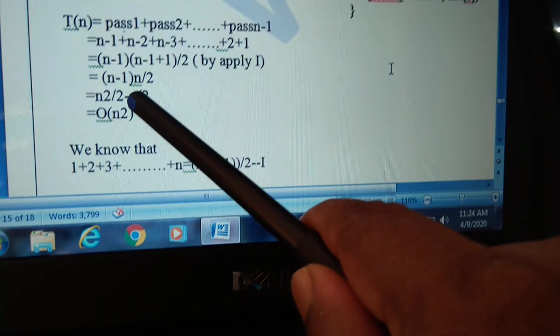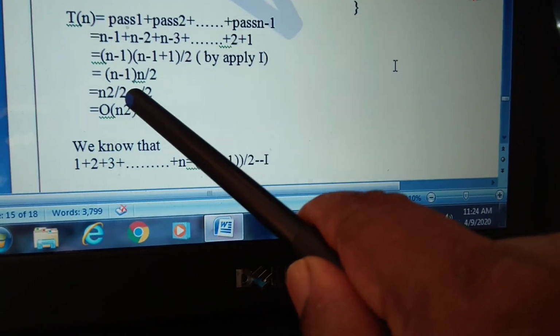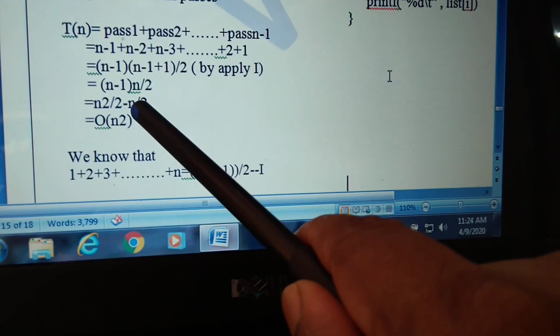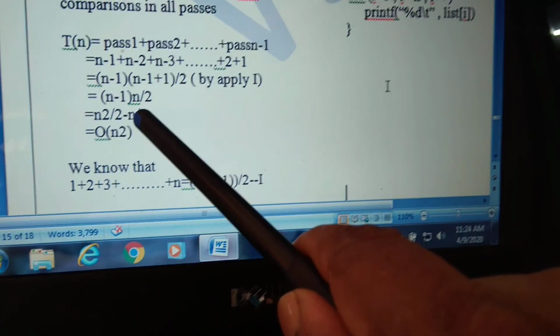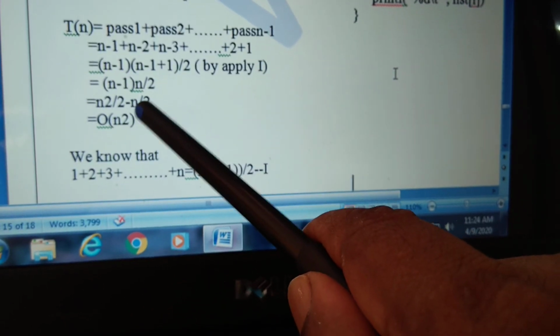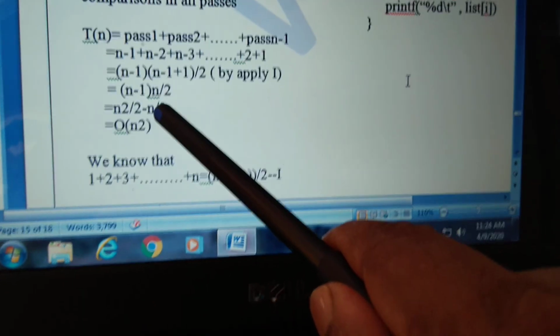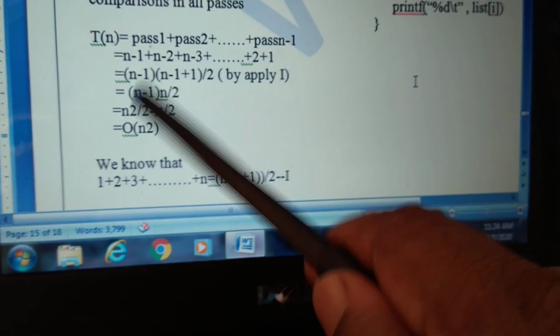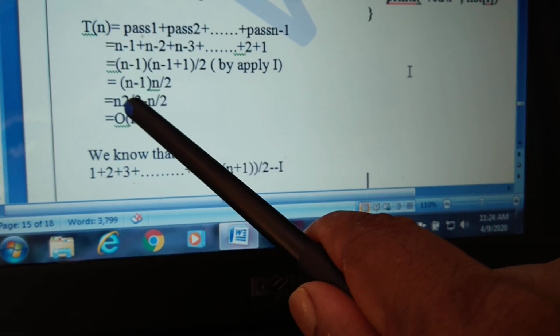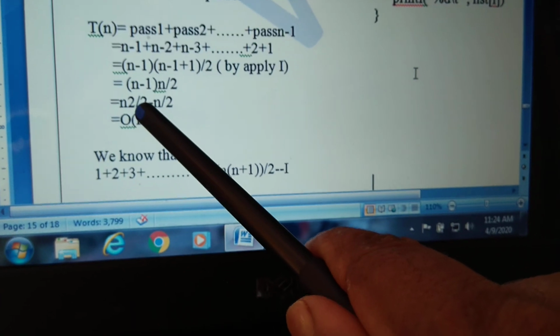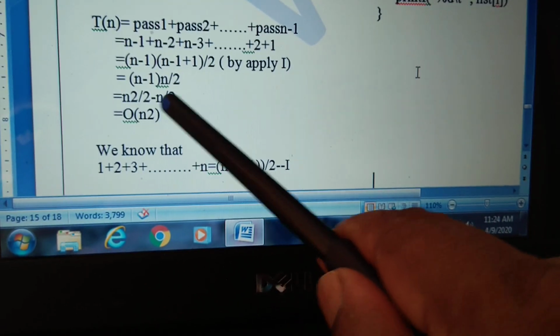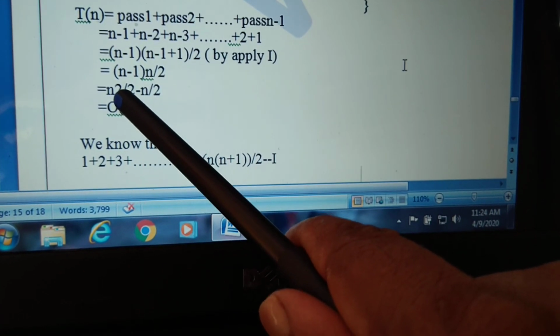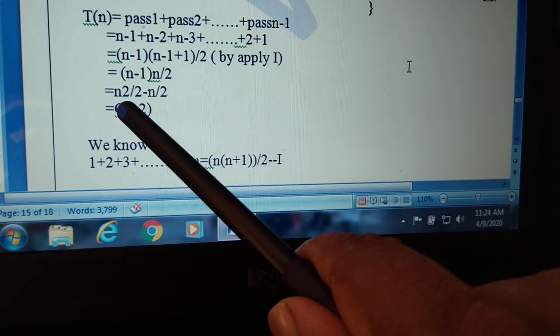Once we got the equation, in this equation we identify all the individual terms and see which term has the highest degree. The highest degree term is the time complexity. Within the highest degree term, again we neglect the constant 1 by 2. Just we take the variable term, where here the variable term is n square.